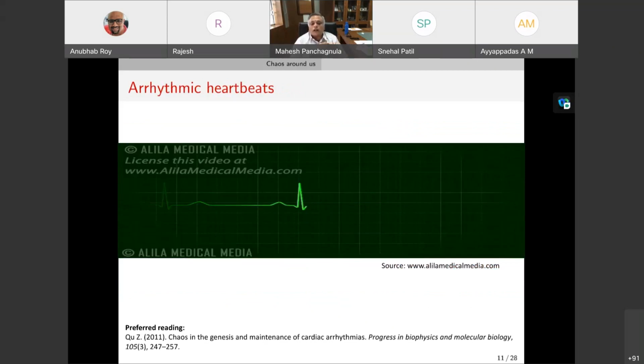Same goes with arrhythmic heartbeats. So this is a very interesting problem. One of my colleagues is also interested in this. The core idea here is our heart beats in a very periodic pattern, and it's a highly nonlinear system. If you write down a set of equations governing the generation of this pulse. Now, this pulse separation has many different time frequencies, but under certain conditions, it shows what is called arrhythmia, which is lack of this rhythm. And this arrhythmia occurs in short spurts. And when these short spurts become longer and longer in duration, then you have a transition to a more or less chaotic system.